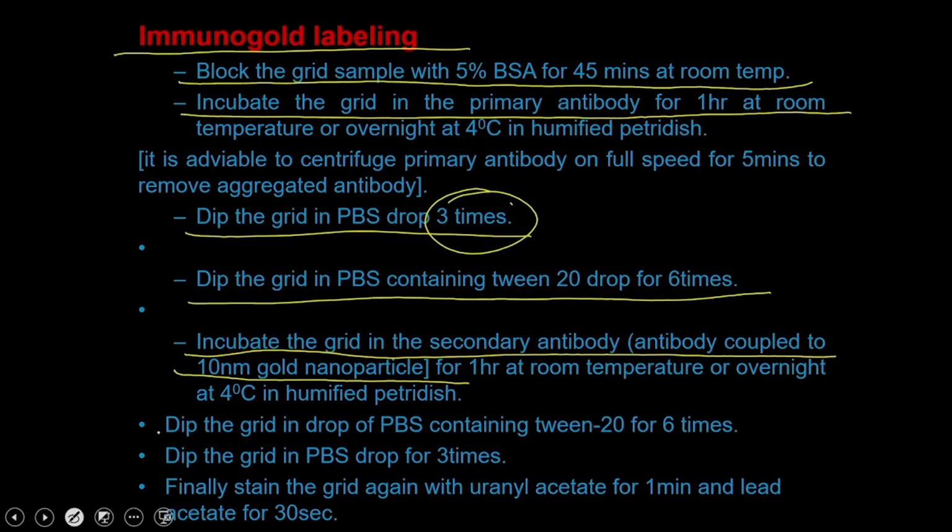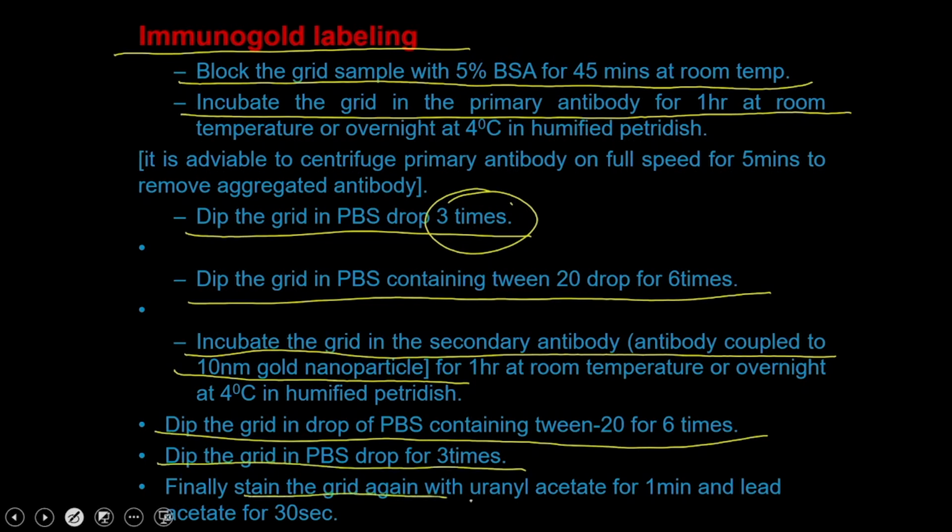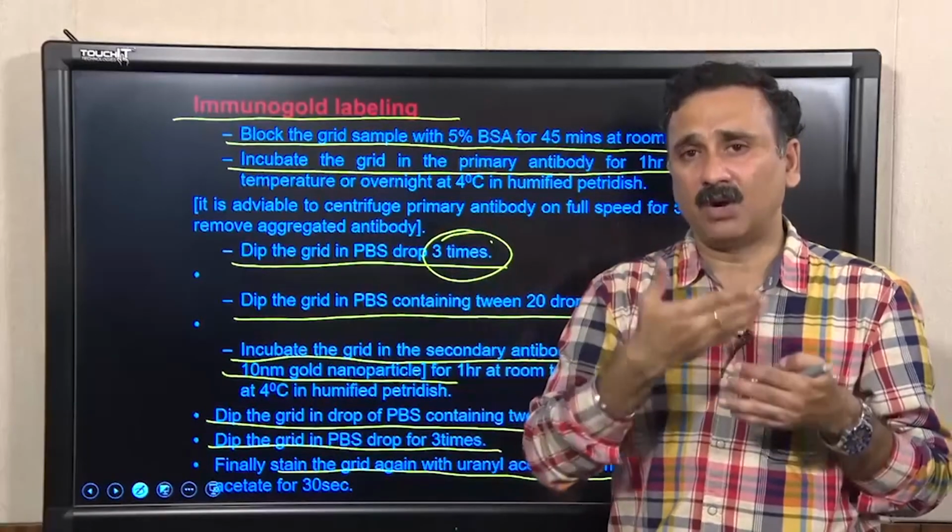And then you have to do the washing exactly the same way as the first washing, with the PBS and then PBS containing the Tween. Finally, you stain the grids again with the uranyl acetate, so that whatever uranyl acetate has been lost while you are doing this immunostaining comes back, and it is actually going to give you